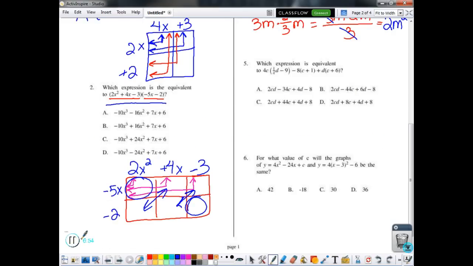Okay, so number 5, we're doing the same thing, right? 4c times 1/4 over d, and so on. We're distributing to get rid of the parentheses. Okay? Now, the only thing is, here I have 4c times 1/4 d. So that's 4 times c times d, all divided by 4, right? So we cancel out the 4's, and I'm left with c. And you would do that for all the other